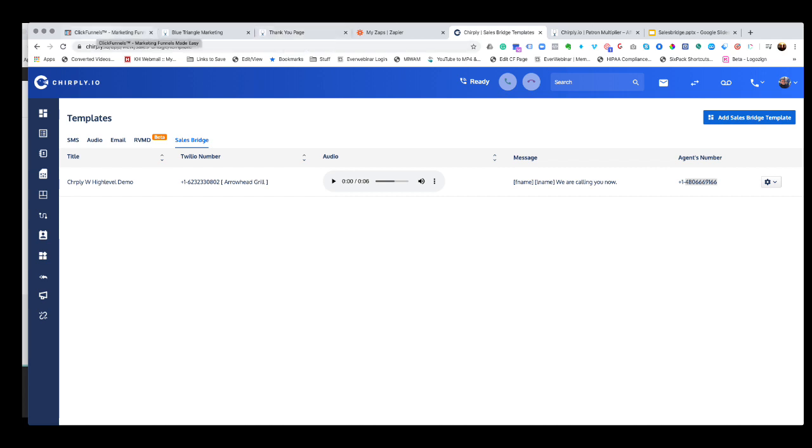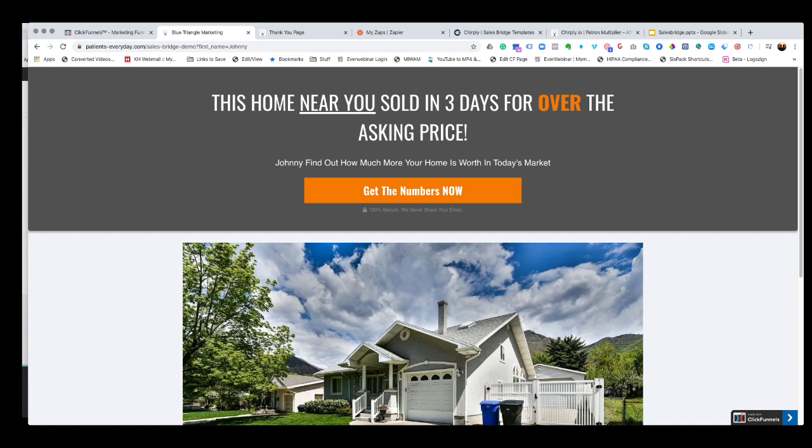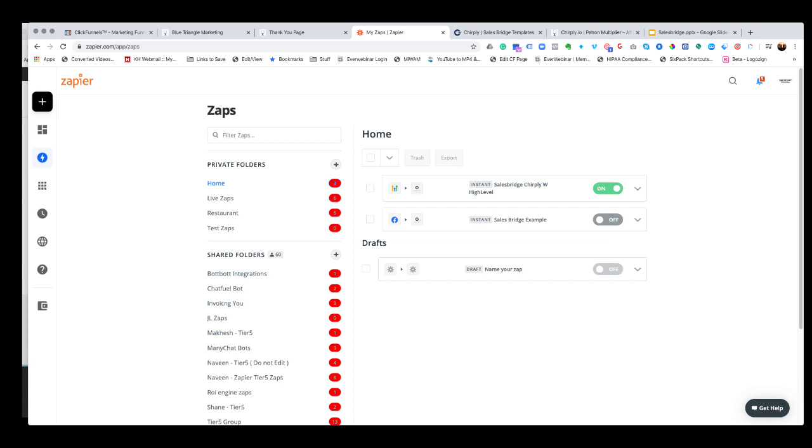So how do you make this happen? Let's say you have ClickFunnels as a real estate agent, and you have this landing page, and as soon as somebody signs up, you want to give them a call. So here's what you do. And I'm going to show you this from the beginning right now with Zapier. Here is how easy this is actually to set up. I've done another video where I've shown you how the sales bridge example with Facebook leads works. There is another video on how it works with High Level. I'm just going to run you through it right now, starting from scratch with ClickFunnels.